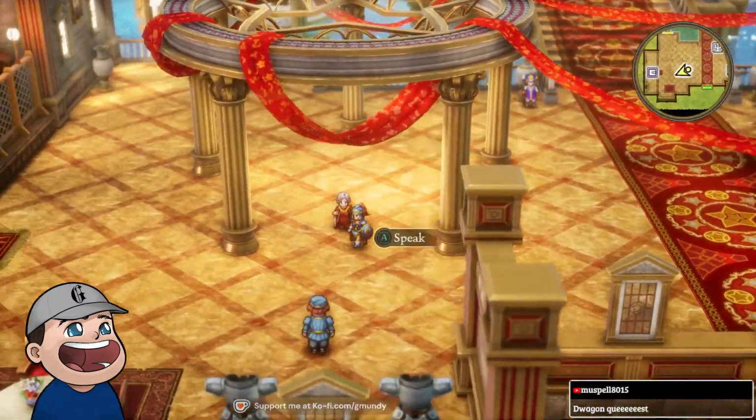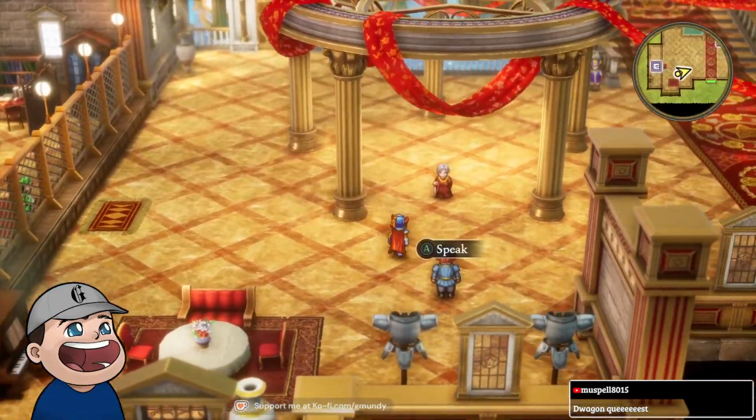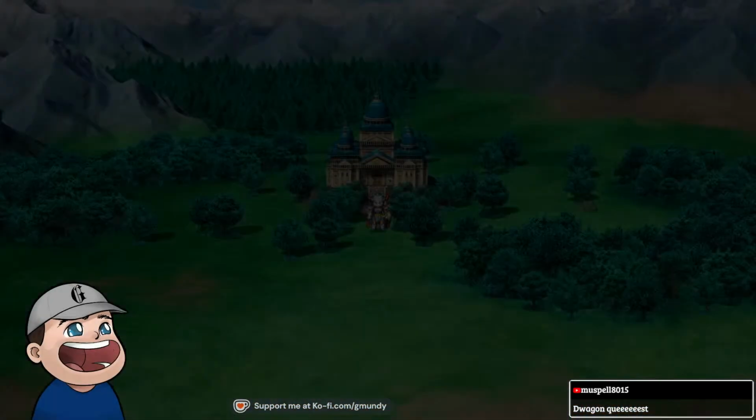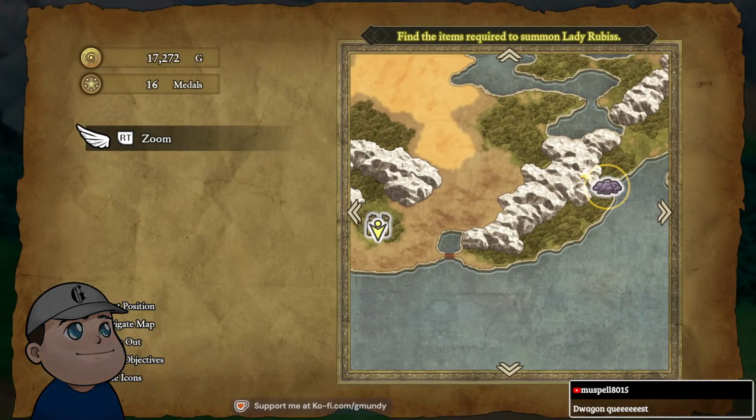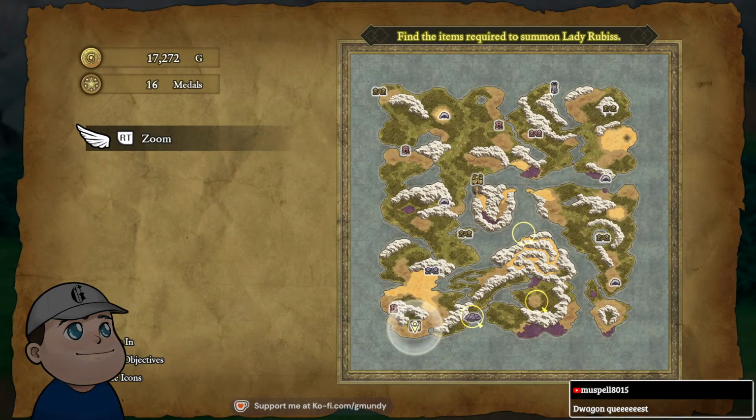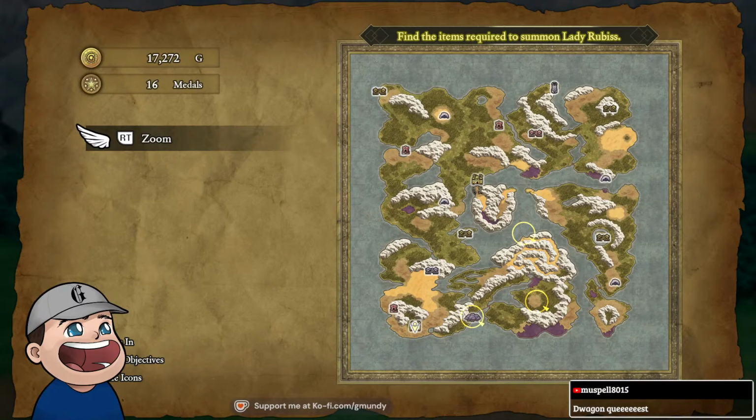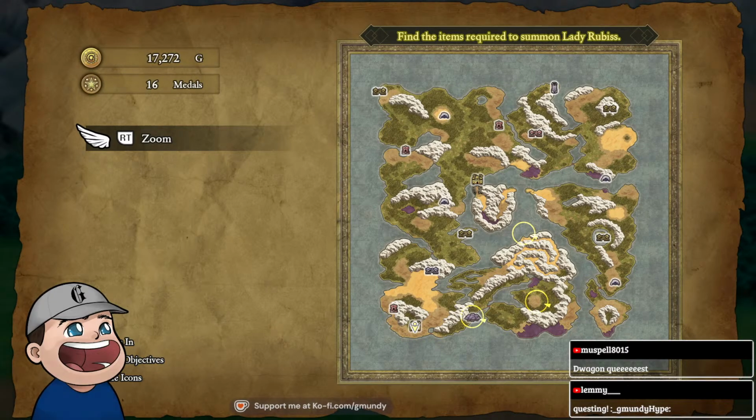What are we doing? Oh, right. We had a couple of places we needed to go, right? So we just got the ferry back. And now we've got 3 locations that we need to go to. For the circles I'm looking at here, the one in the bottom right is definitely the city that we wanted to go to. The item that we need is going to be up to the northeast.